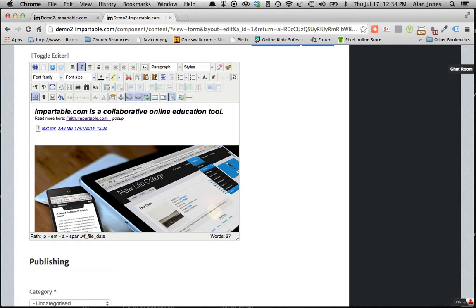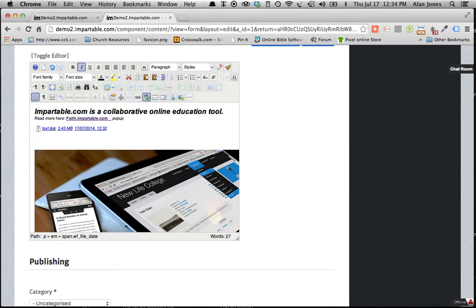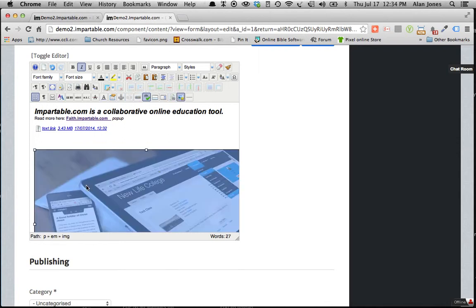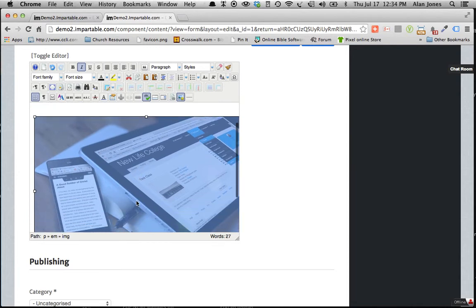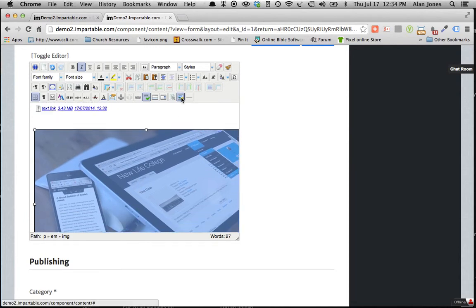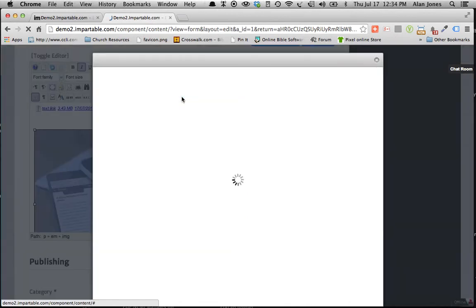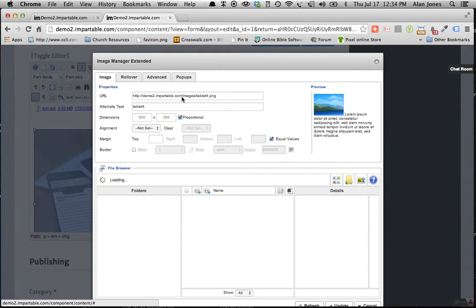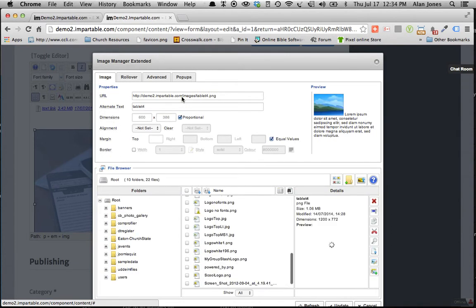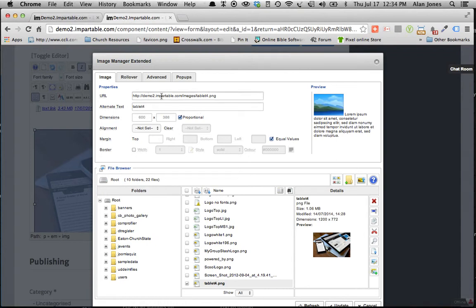An image upload works very much the same way as file upload. I'm going to click on this image as an example, and you can see the image icon is already highlighted because I've just clicked on an image, and so I'm going to click on that. And here it takes me to the image and gives me the URL where the image is located, and there's